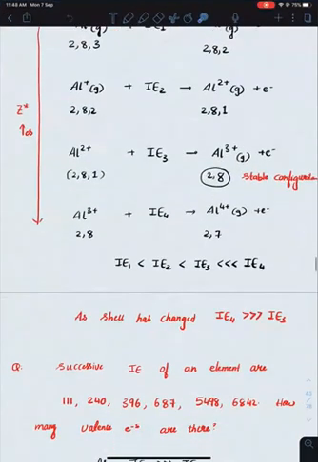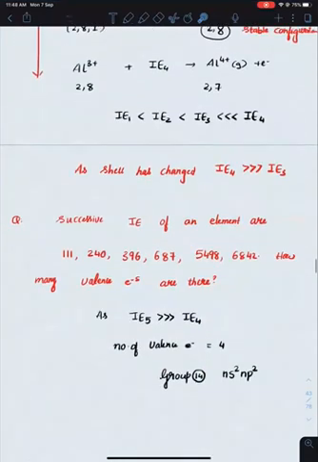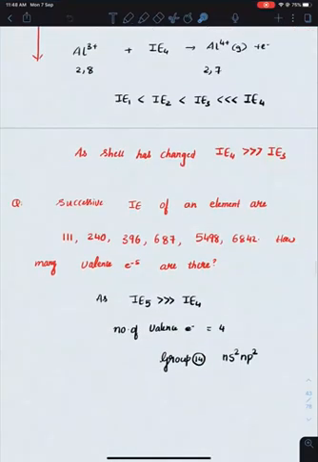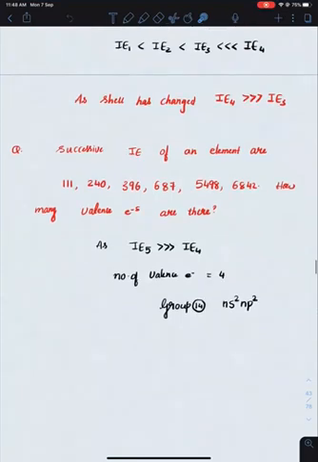Okay. This is also one of the standard questions. They will give you the ionization energies and they will ask you the number of valence shell electrons. So in this particular question, you can see a jump after removal of the 4th electron. Okay, for the removal of the 5th electron, the energy that is required is very high. So I can say the number of valence shell electrons is 4.